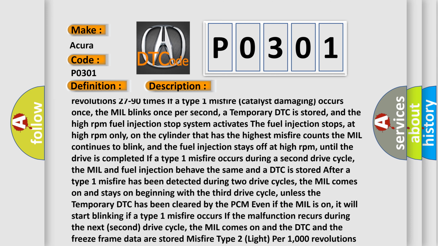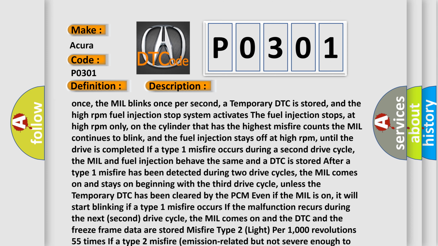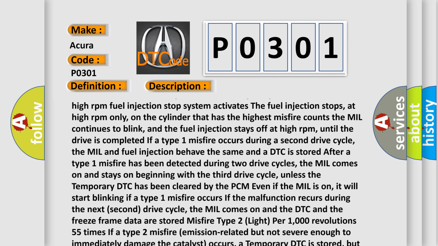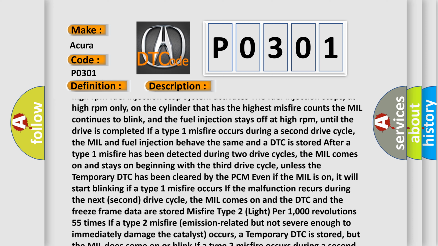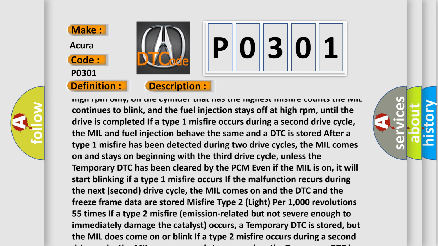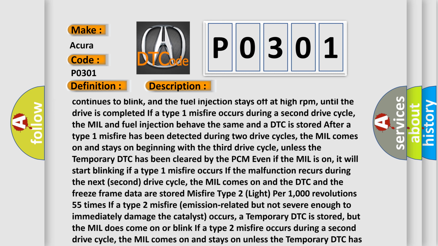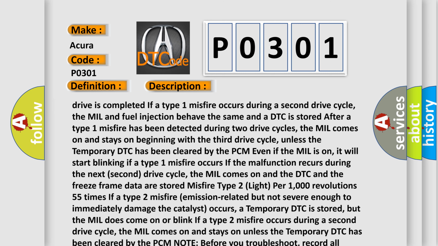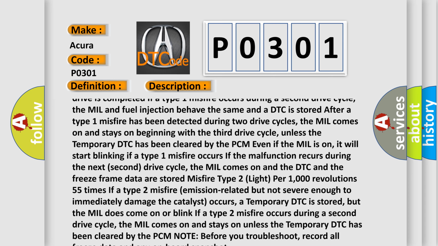If a Type 1 misfire occurs during a second drive cycle, the MIL and fuel injection behave the same and a DTC is stored. After a Type 1 misfire has been detected during 2 drive cycles, the MIL comes on and stays on beginning with the third drive cycle, unless the temporary DTC has been cleared by the PCM. Even if the MIL is on, it will start blinking if a Type 1 misfire occurs. If the malfunction recurs during the next, second drive cycle, the MIL comes on and the DTC and the freeze